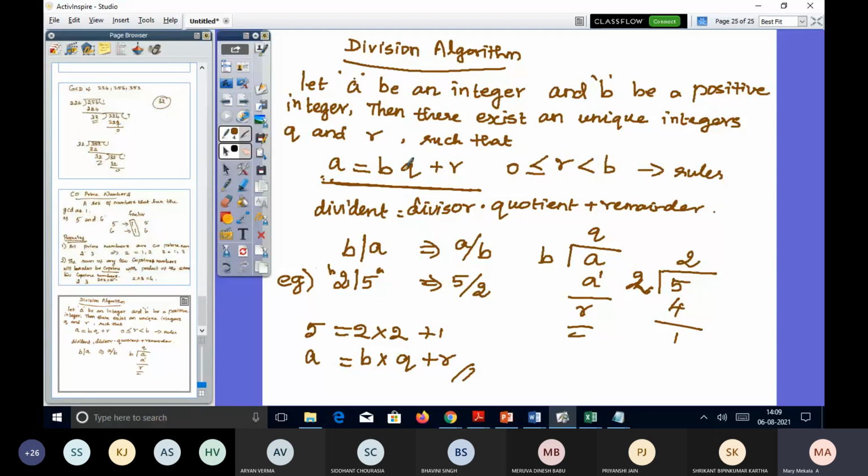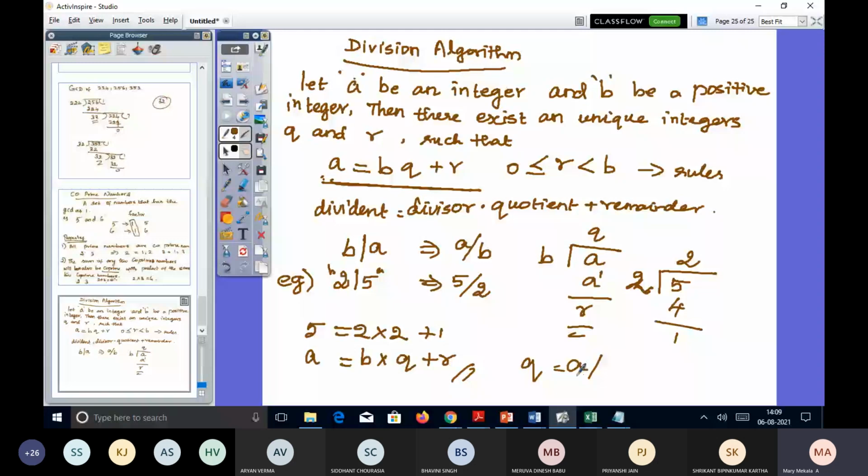so for this particular formula you have this rule also. So when R is equal to 0, you will get A is equal to BQ. From there you can find out Q is equal to A by B. Okay, Q is equal to, that is quotient. How you can find it out means Q is equal to A divided by B. So this you can find it out.